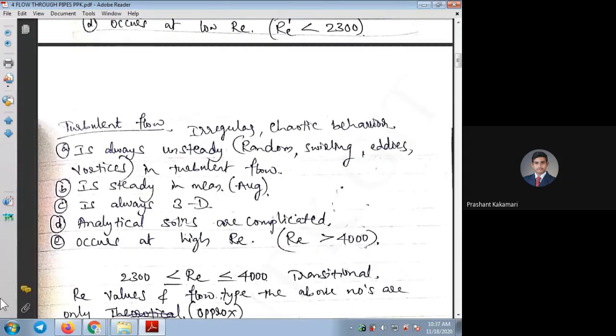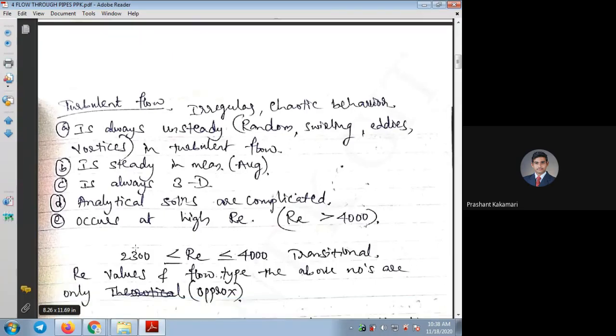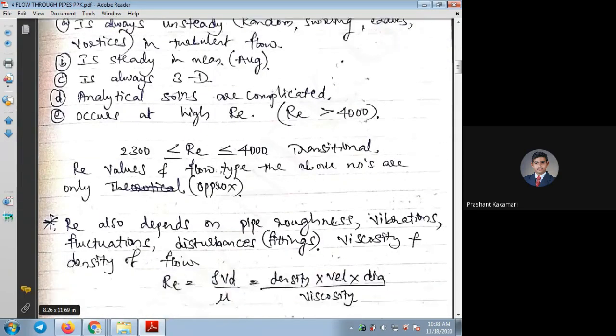We'll discuss how that Moody's chart helps us overcome the errors in turbulent flows. Why? Because here errors will be very high between the theoretical calculations and the actual experimental calculations. So how will that chart help us? Okay. Next is,